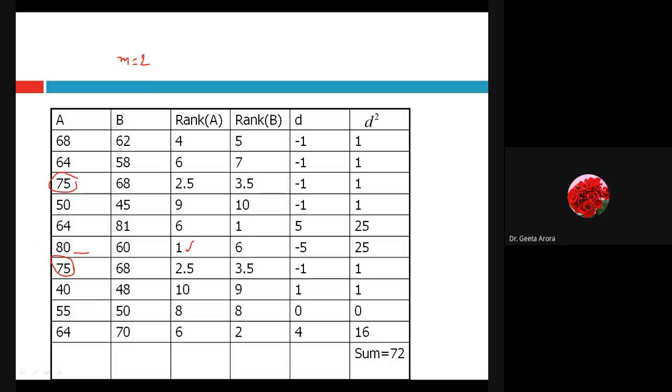We have to make some arrangement to resolve this tie. This is at the first rank. Now it could be second, it could be third, or this could be second and this could be third. Obviously both have equal probability. So we are not giving either 2 or 3 because we are not biased. What we are going to do is find the average. So (3 plus 2) by 2 is 2.5 here and 2.5 here. So we are done with the second and third rank. Now we move on to the fourth rank.